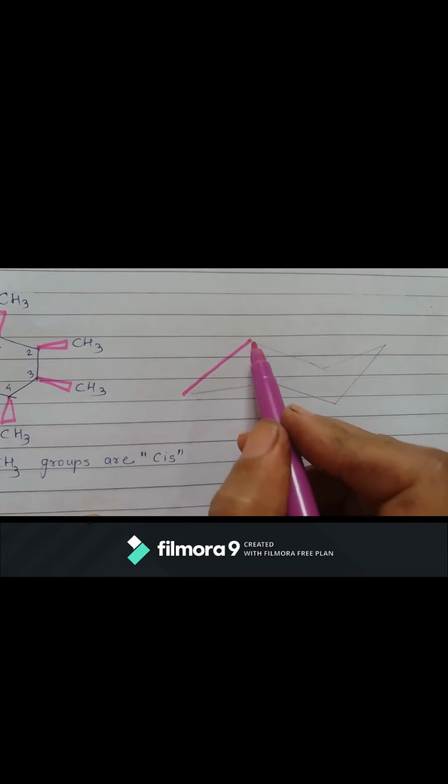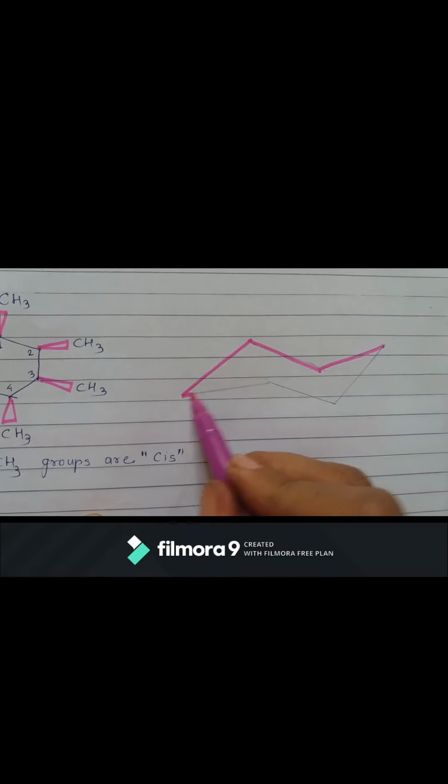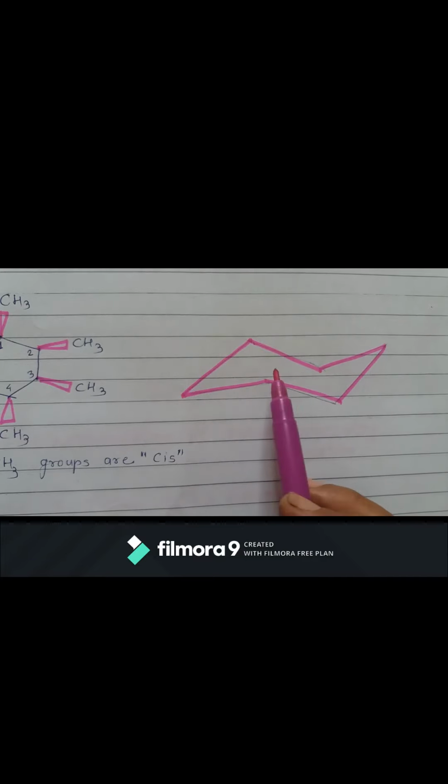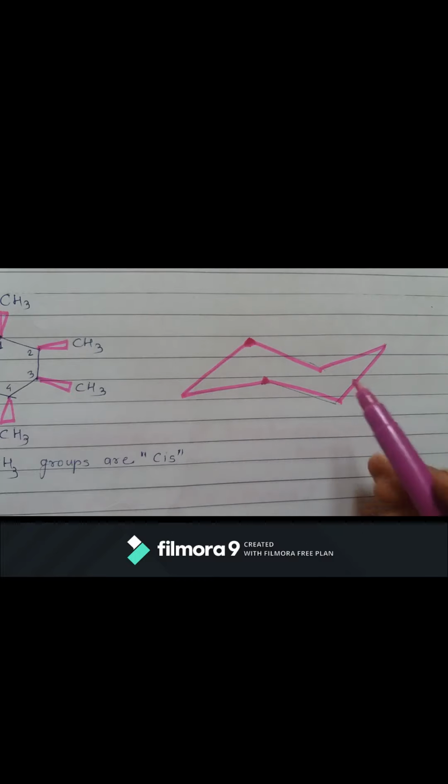Now we will see which are the above-the-plane and which are the below-the-plane groups. You can simply draw your chair conformer first. Try to draw a proper chair conformer and practice it. Pay attention whenever you are drawing the chair conformer. These two bonds should not be directly behind each other, otherwise it gives more complications in drawing the methyl groups which are axial, pointing upward from this carbon atom. These two methyl groups also shouldn't be next to each other, so there should be some distance between these two carbon atoms.